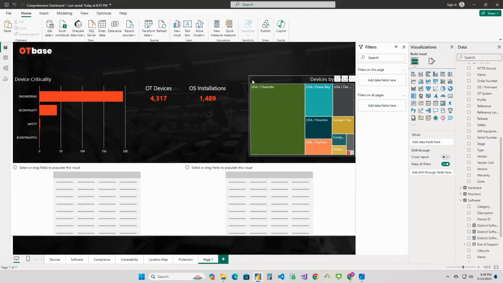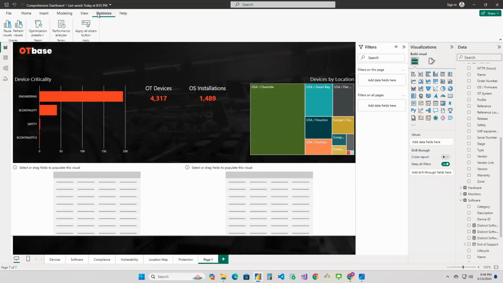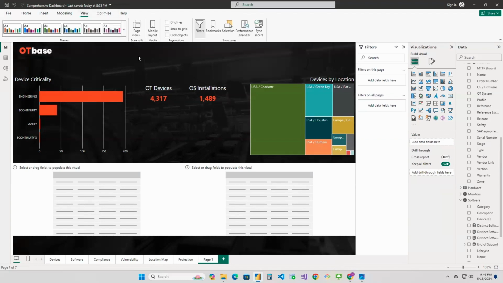A note from the other video, you can edit the interactions on all of these widgets so that certain widgets don't update whenever you perform actions on another. In this case, I want my OT devices from a dashboard perspective. I want that to remain static. We don't want this to interact with the other tables. So I'm going to go ahead and go to optimize, view,